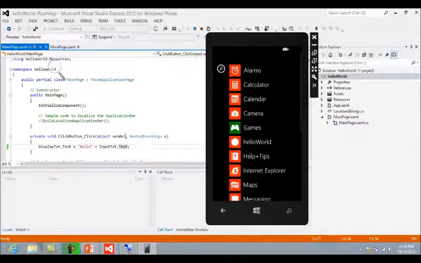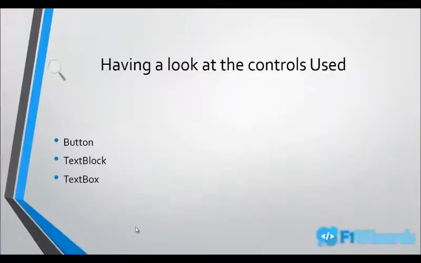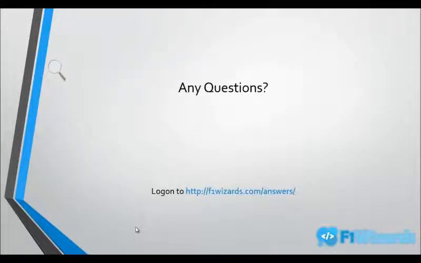So this is how we have seen three controls. The first one is the text box control, the second one is the text block control, and we saw how to use the button control with them. For now, just keep this much in mind, because in the coming sessions we'll be using all these controls again and again, so that you get used to them and can use them in your application itself.